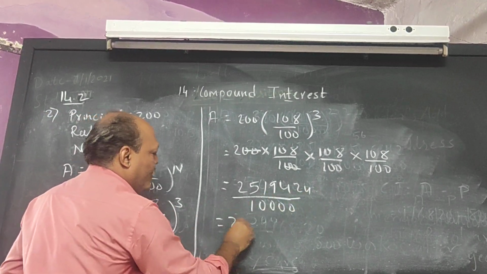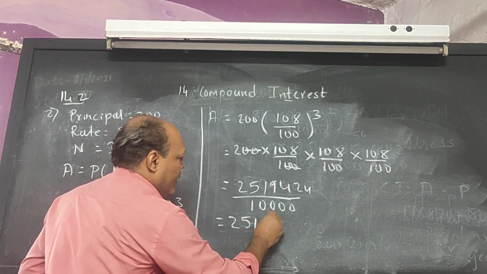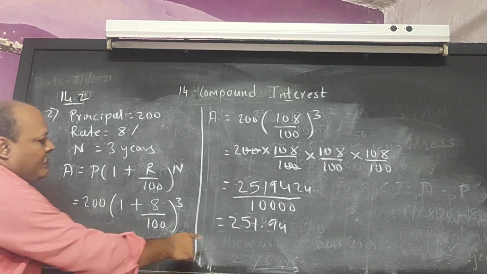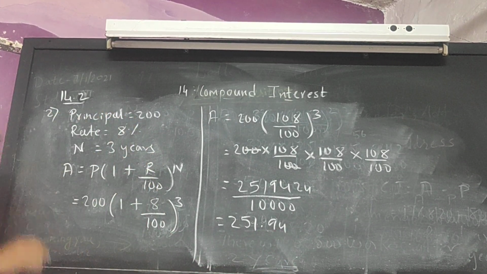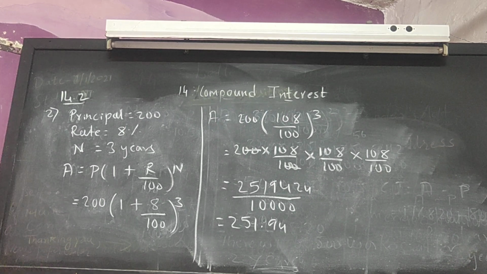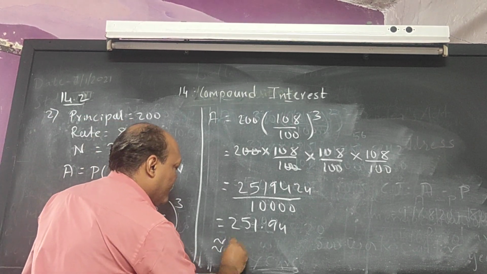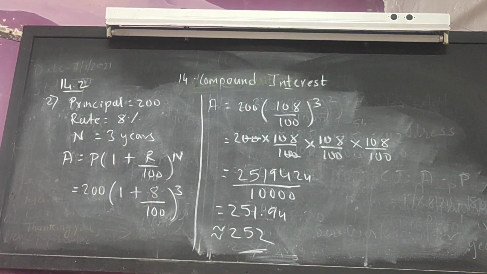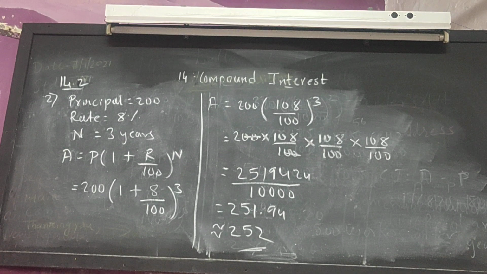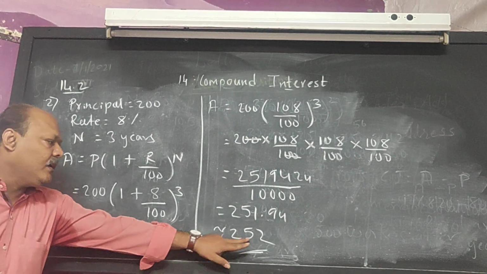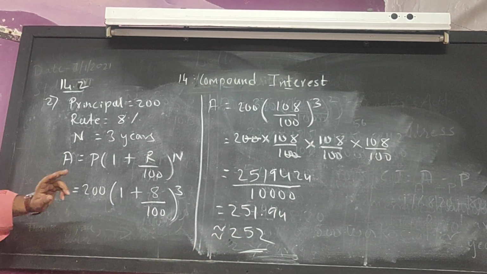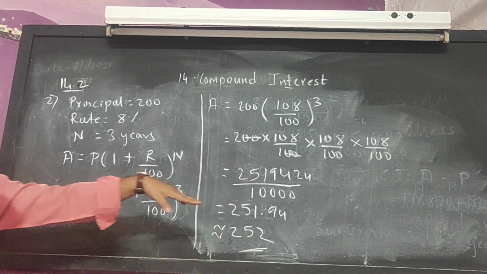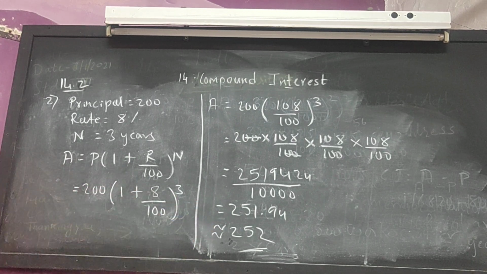There are 4 zeros, so we count 4 decimal places. So your number will be 251.9424. We will not consider fractions for the number of ships, that is 251.94. That means here it's more than 0.5, so approximately we will take 252 ships. The answer at the back of the textbook is given as 242, but exactly, while doing the calculation, we are going to get 252 ships. So your final answer you have to write.